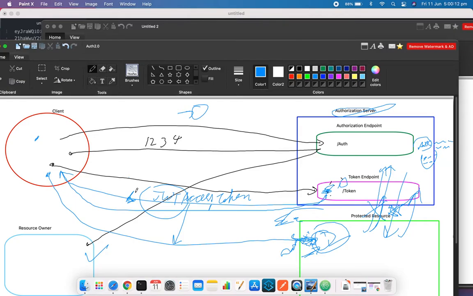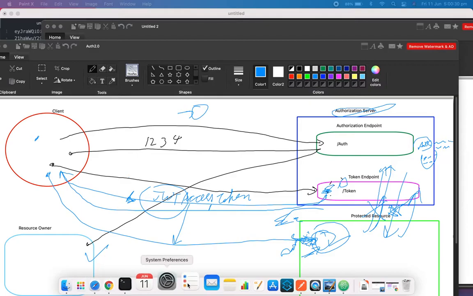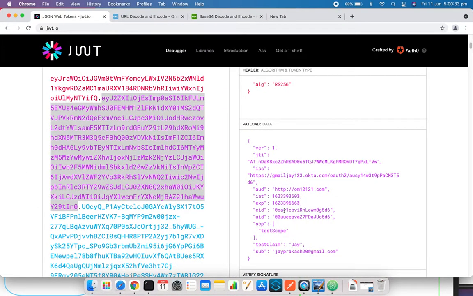And even if someone reads it, the authorization server needs to make sure that the information has some value to the protected resource, but is not sensitive information. For example, this JWT token has a unique ID for myself. But this unique ID may have some meaning in the resource authorization server, which knows that this means this particular user. But outside that Google server or resource owner server, this may not have any value, and no one can figure out what it represents. And this is not my user ID or password,